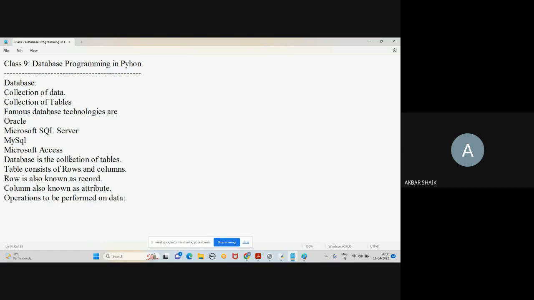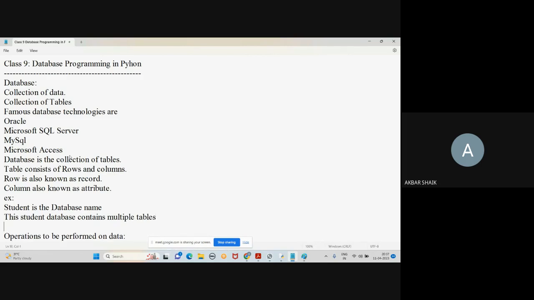What do you mean by row? What do you mean by column? And what do you mean by database? What do you mean by table? Okay. So let me explain with a simple example. Example, student is the database name. Student database contains multiple tables like